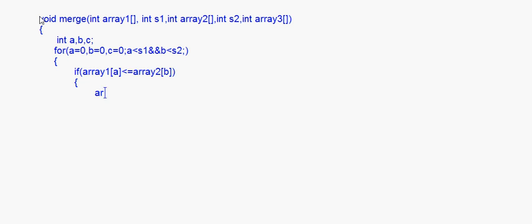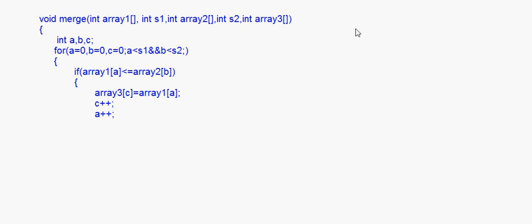So here you will write array3[c] is equal to array1[a], because that is the lesser one, and here you will write c++ and a++, advancing the subscript of array 1 by one position because you have put the element of array 1 into the final array.